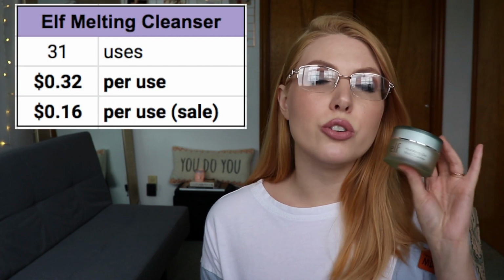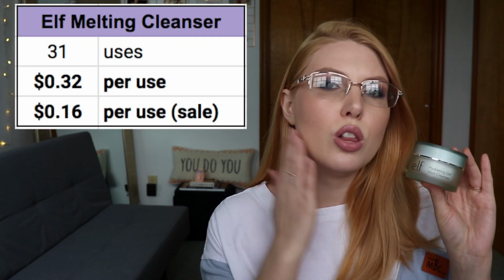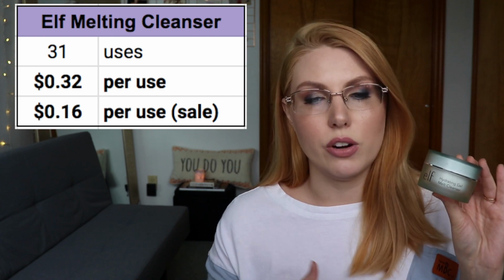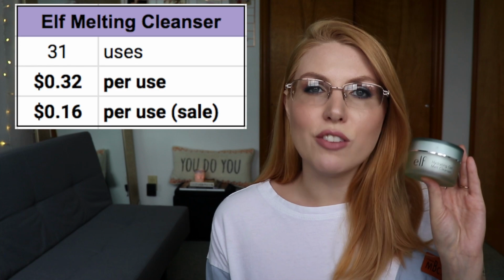I mentioned in a recent empties video where I talked about this product that I didn't get a lot of use out of it, and I burned through it pretty much in just over a month's time. I used it 31 times before it was gone, and it is something, once again, that I use all over my face, avoiding the eye area. That means full price, it's 32 cents per use,